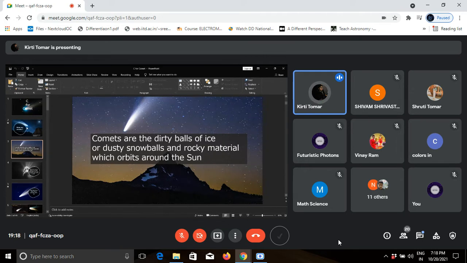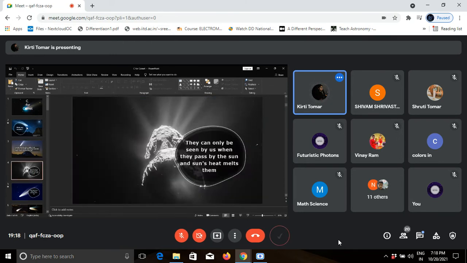Comets have an icy center, the nucleus, which is surrounded by a large cloud of gas and dust called the coma. The coma is created as the ice in the nucleus is warmed by the sun and vaporizes. A comet can develop two tails as it travels closer to the sun, a straight gas tail and a curved dust tail. We will know about this later.